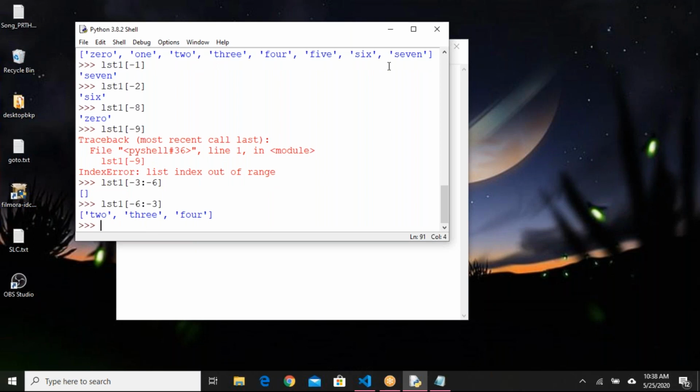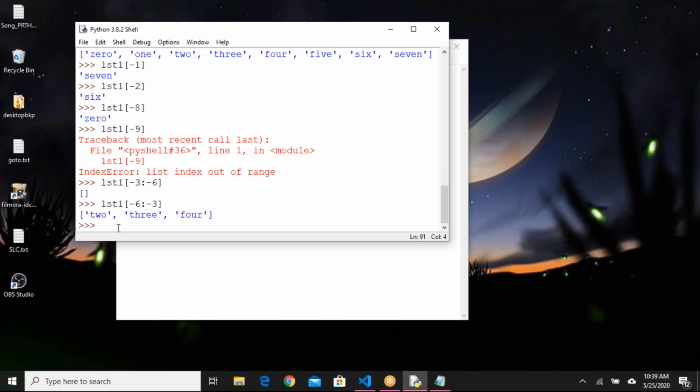Indexes are considered like this: -1, -2, -3, -4, -5, -6. -6 is the index for 2, next -5, -4. Three elements are considered here. Again, the right hand side one is exclusive, so that particular index will be excluded. Up to before that element will be considered.